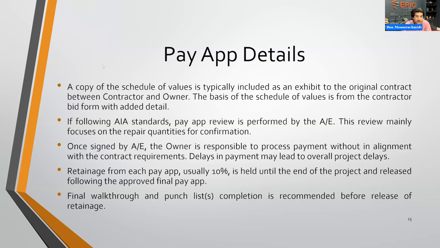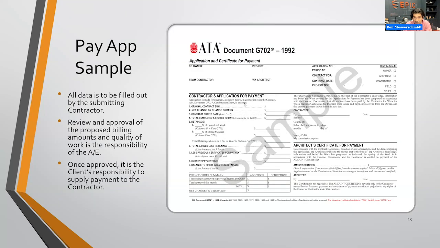All right, so more pay app details. I already hit the first bullet, meaning that this is going to be based off the bid form with added detail. Following AIA standards, pay app review will be by the architect engineer. You'll notice that, even if you have any owner's representative, you don't see any spot here on the sheet where you ask